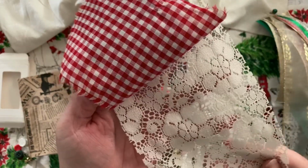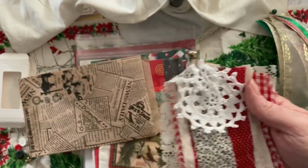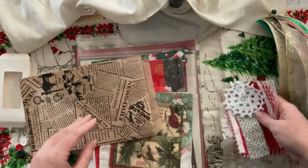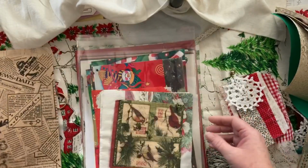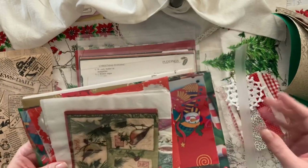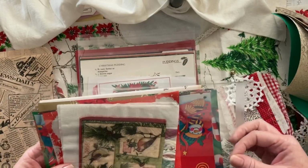this is a bigger piece of lace. So this can be used however you would like, or just like this in your journal. And they come in this fun paper bag. This paper bag is new. Most of the packaging is new, and all of this is going to go into a bigger plastic thing inside the envelope, but